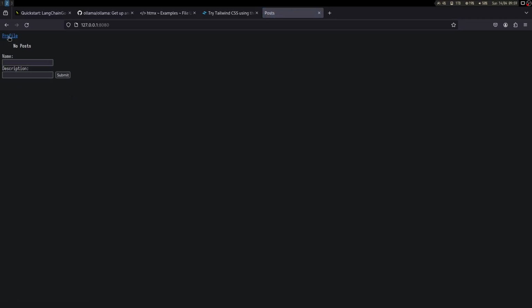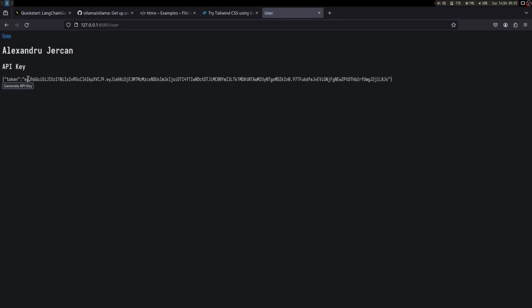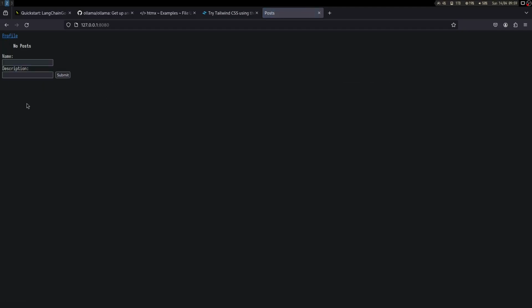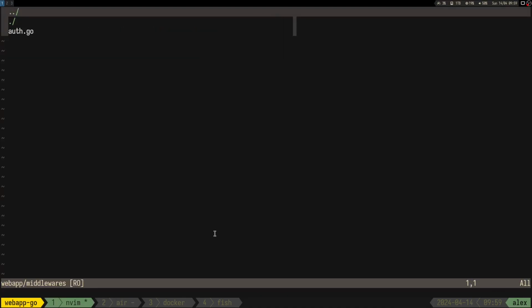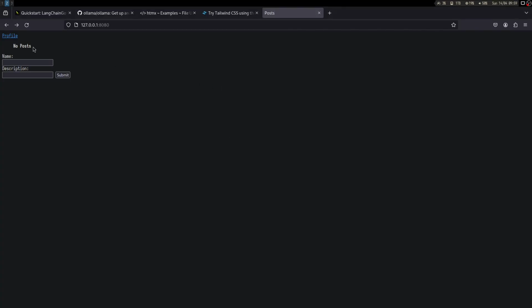So yeah. Oh yeah, and the API keys, you cannot really remove them. They just have a 72-hour expiry date. So yeah, I mean, it's a bit scuffed, but it's just for playing around with some Go, right. Okay, and I guess my idea for today is to make the posts more like, let's say,